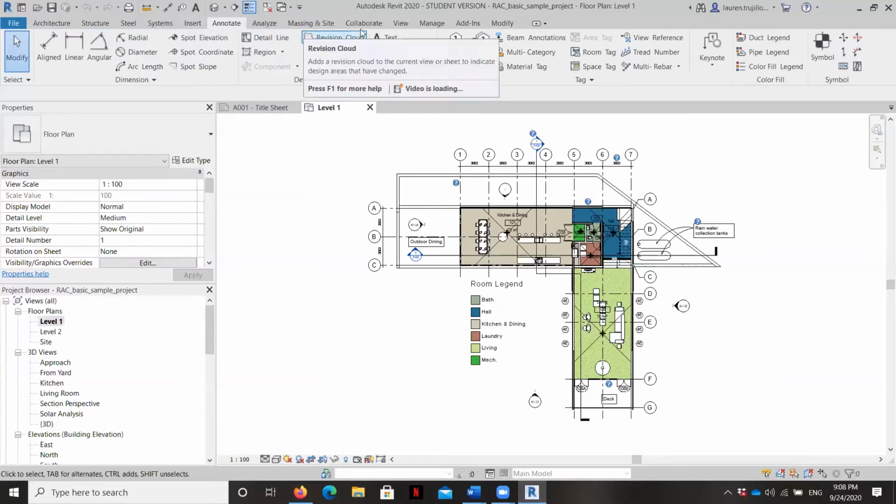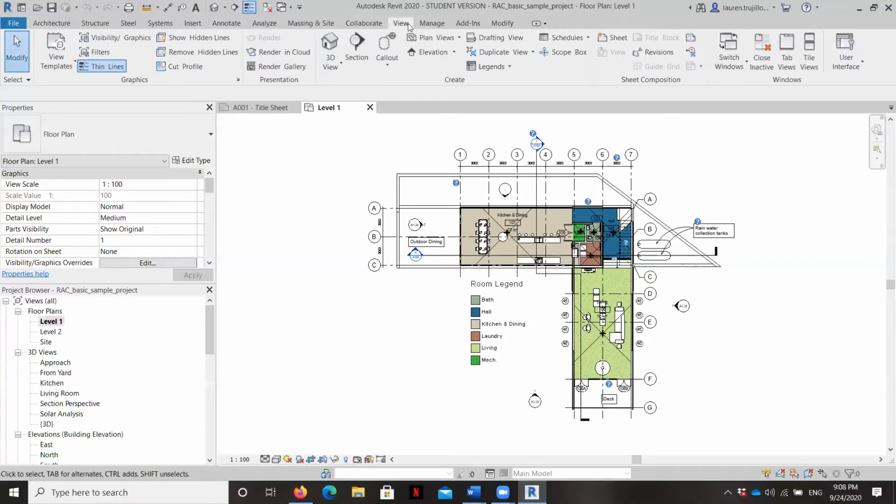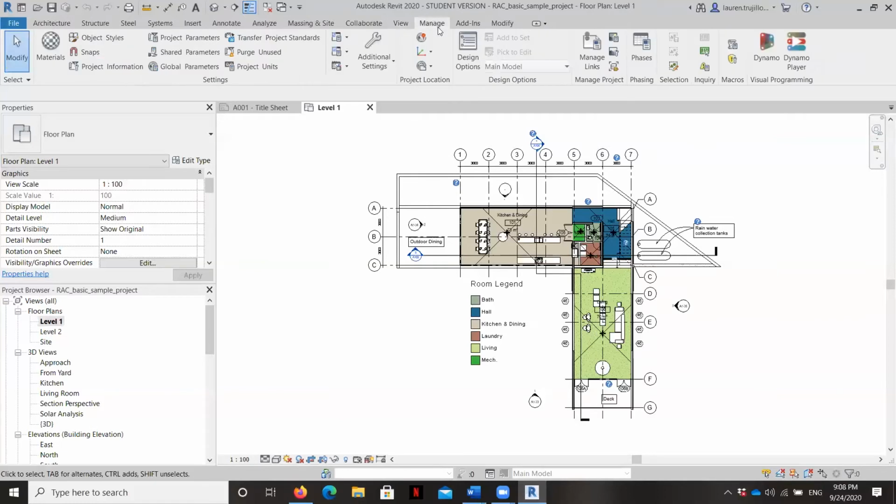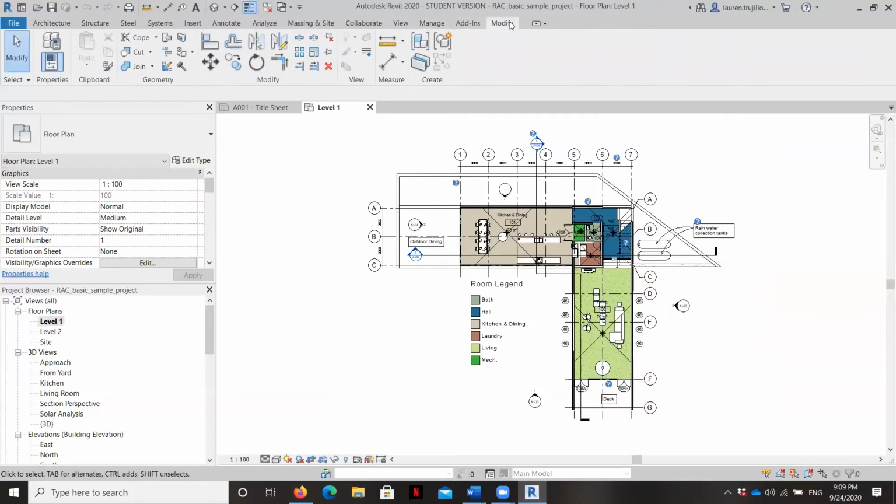We will also be using the View command to create, the View tab to create different views of our project, whether it's just a nice axonometric for us to be able to see things, sections, elevations, or a really beautiful rendering down the road. There's just a couple of things that we'll be doing in the Manage tab, and then we'll also be depending on this Modify, which is going to allow us to manipulate our shapes and move things around. And some of these commands may be familiar to you if you're used to working in AutoCAD.